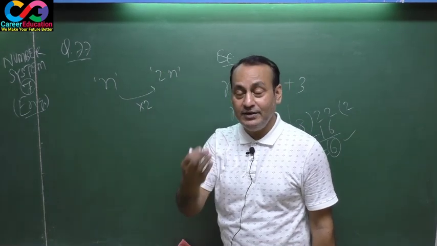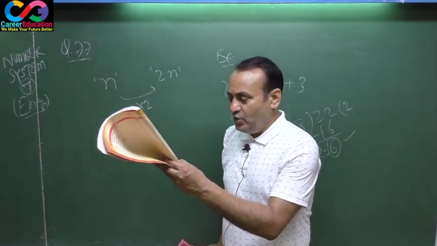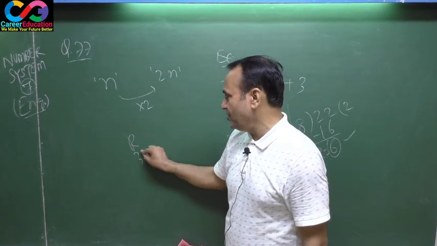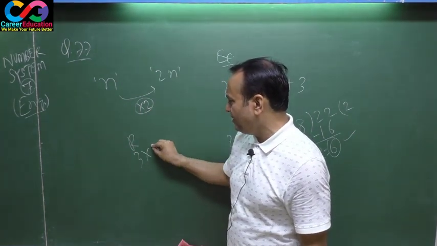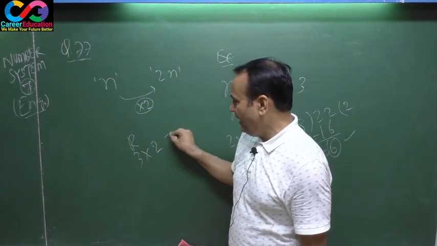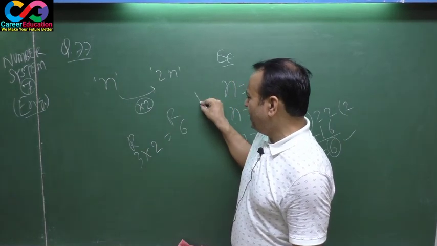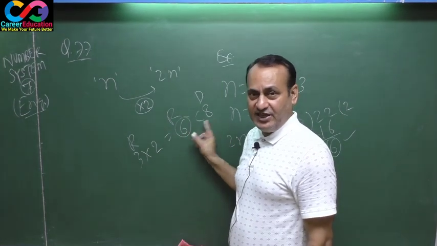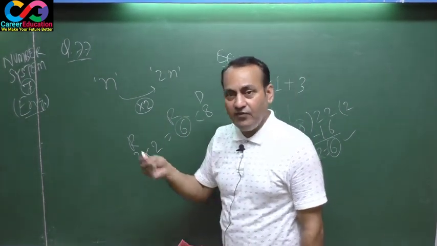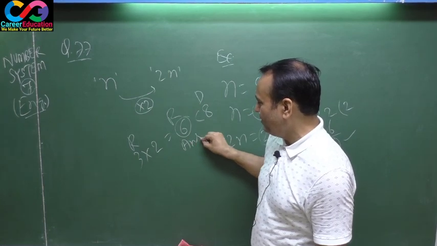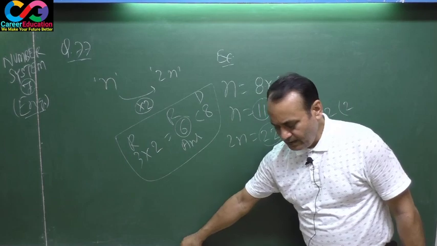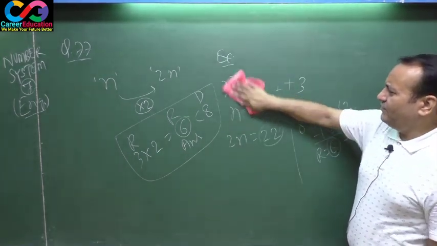This is your trick. That means in such a case you have to double your remainder, and your first remainder was 3. This will be doubled, and this is your remainder. See here, divisor is 8 and your remainder is still less than the divisor. That means this is the final answer. Note down. This is your trick. Very simply you solve this question.